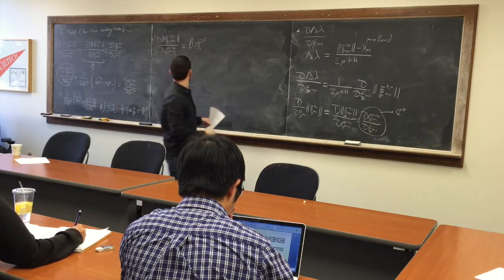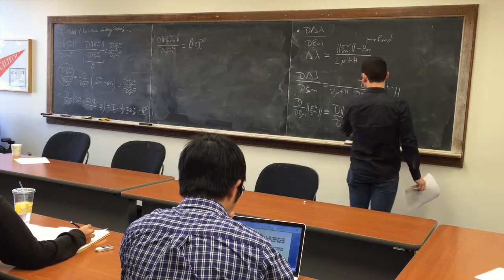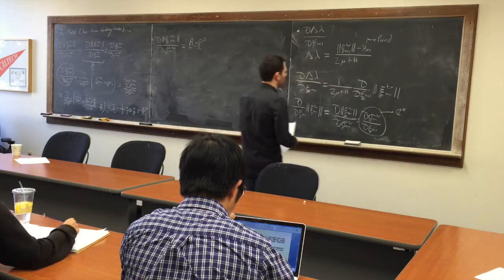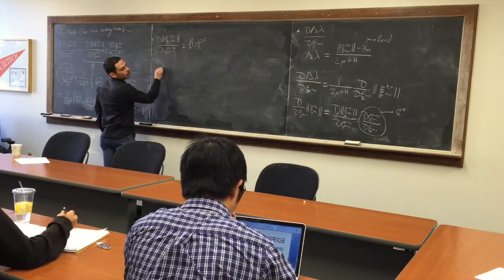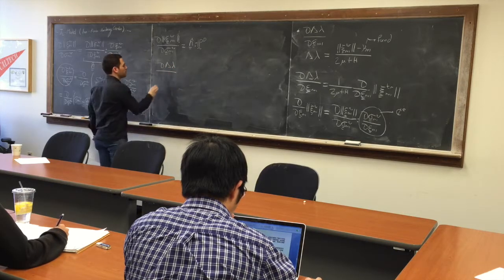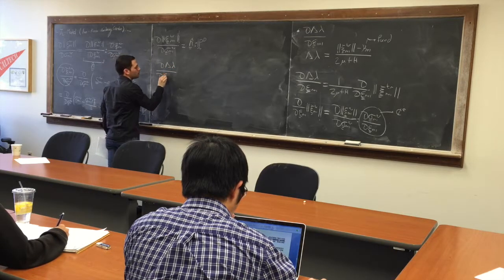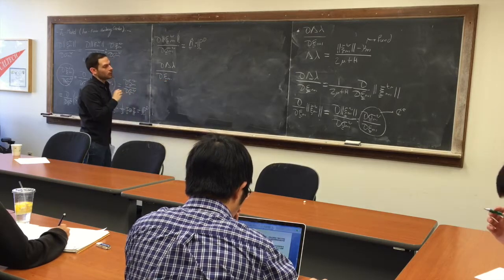And this guy here comes over here. And then we can say that the derivative delta lambda with respect to epsilon n plus 1 is,